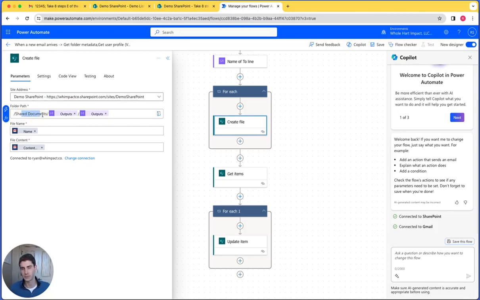So we've got shared documents that'll likely be common for most people out there. Then we're going to go ahead and leverage the outputs from some of the previous steps. So if I hover over this, the first one is the name of the to line. So that's this step here. And then the next one will be, in this case, we're going to use the legal description as the folder name. So it's going to go in the individuals folder, and then it's going to create a legal description folder, and